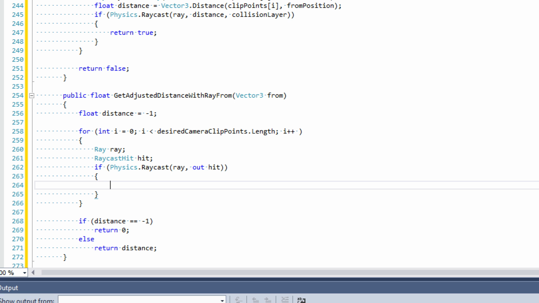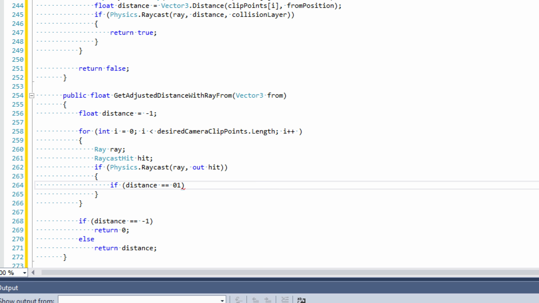Okay, so what happens here is if this method returns true, then we put a value into hit, which is going to have the hit info. In other words, wherever the raycast had a collision at that specific point, we can actually find that from this raycast hit variable. So what we can say is first,